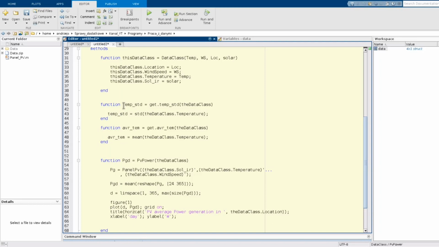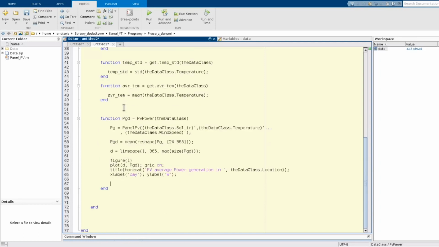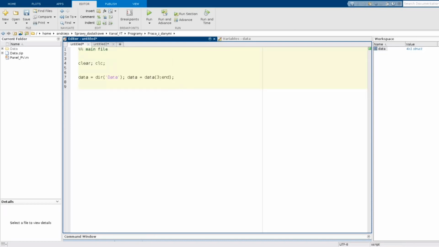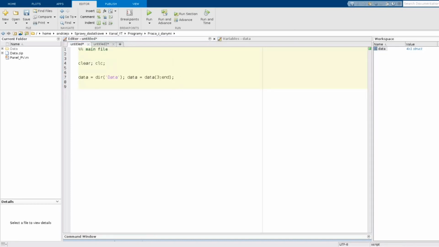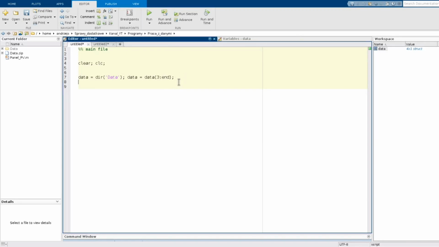Okay, so I guess that's all for this class definition. Let's have a look at the tests. But firstly, we need to make our data loading from txt file and our object creation.